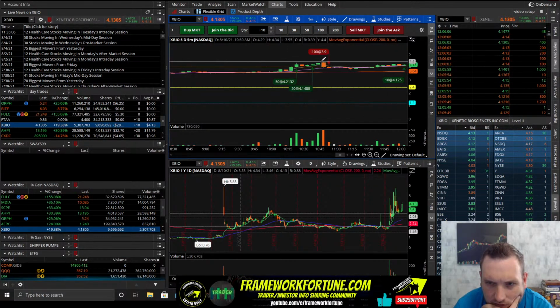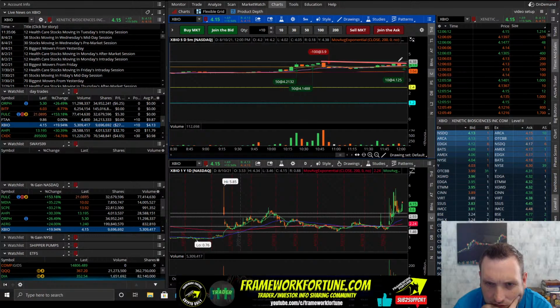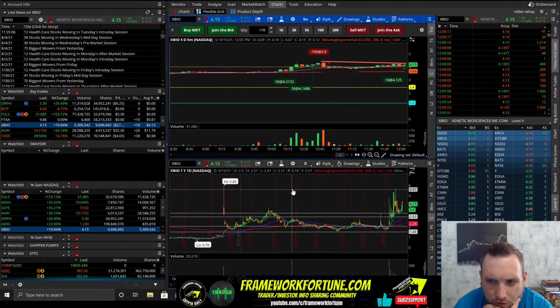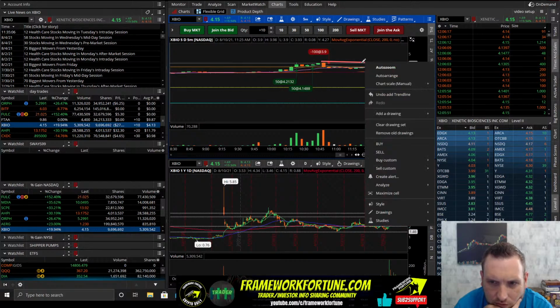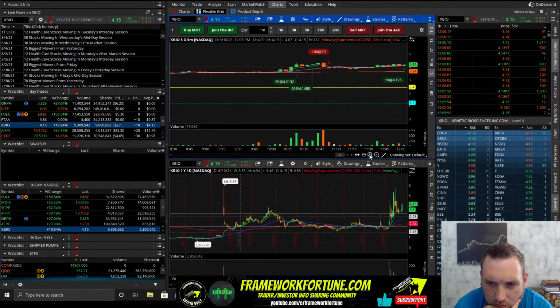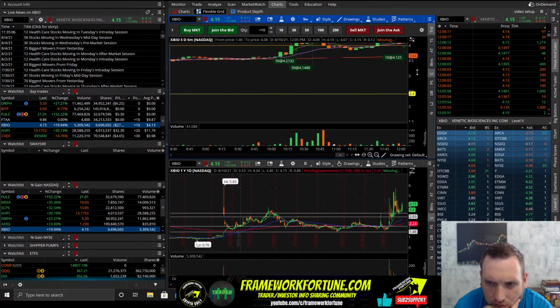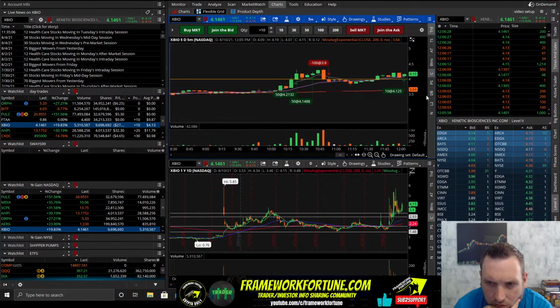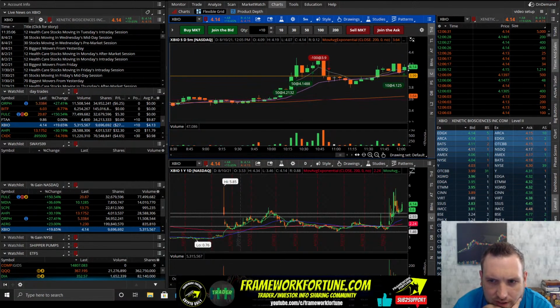So we still have a bit of a downtrend, like right there. But it needs to break. Yeah, it needs to break that 4.30 area. So we've got a little bit of time on this candle. If this candle can push over 4.20 before it closes, that'd be a nice bullish sign.